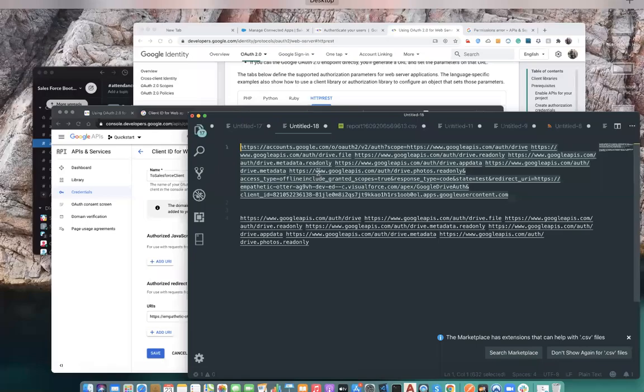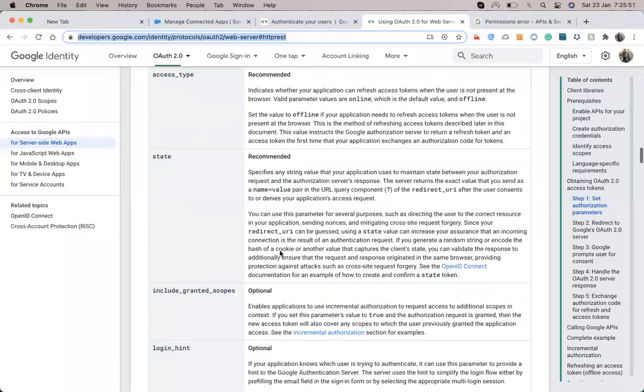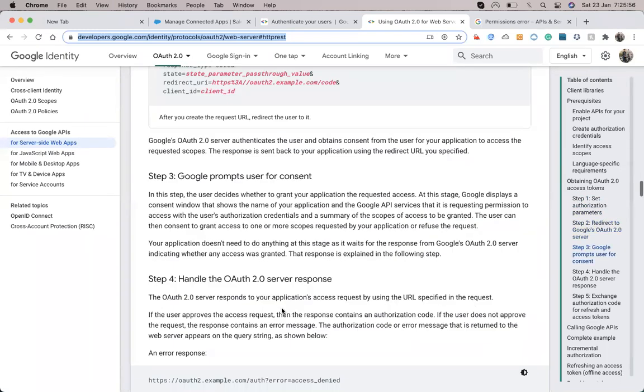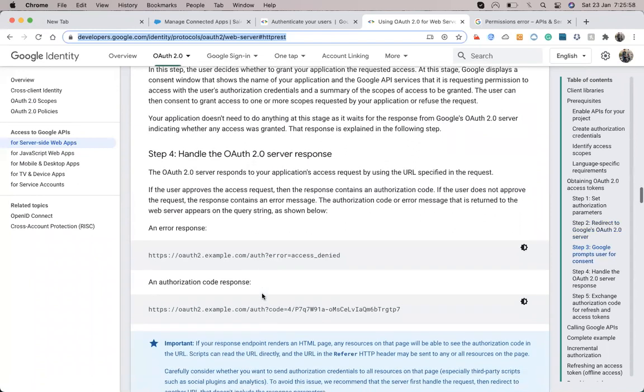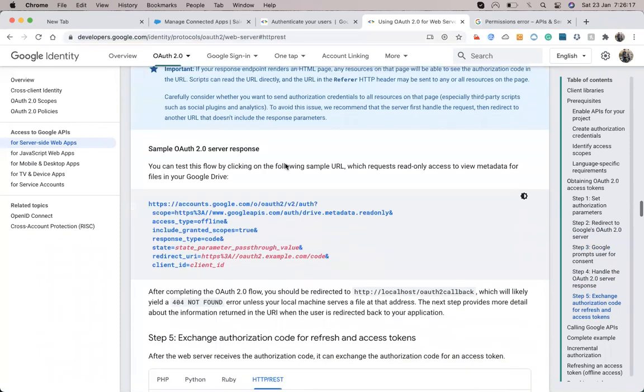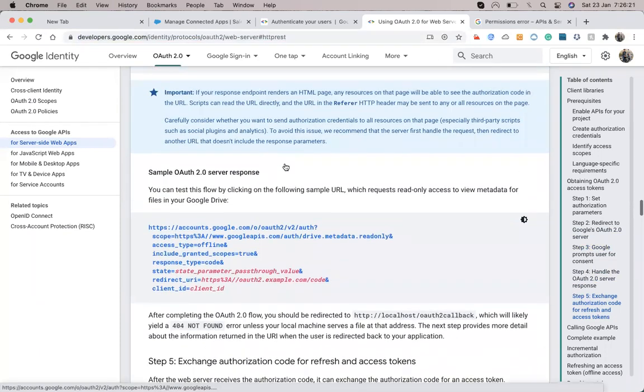Once we are successfully done with that, we get the consent, or access denied. Once we process that, we get the authorization code in the response, and the URL will be built something like that, and then this will be the code. It will come something like that.